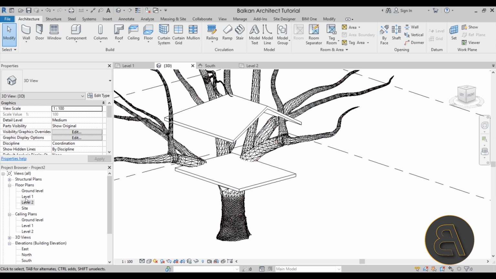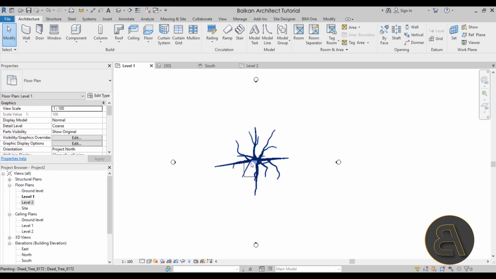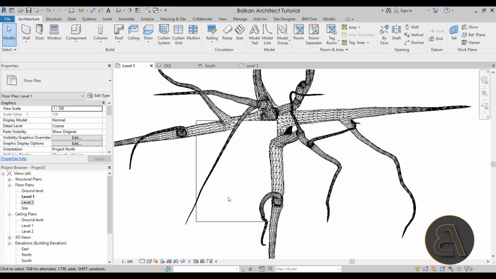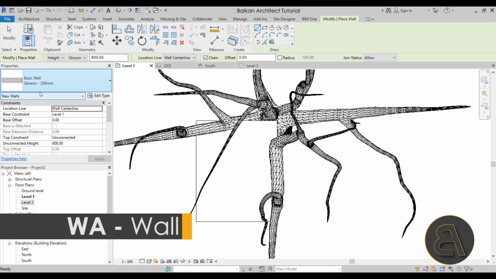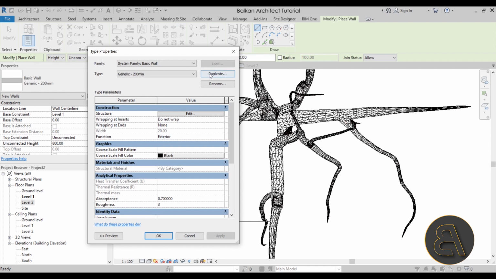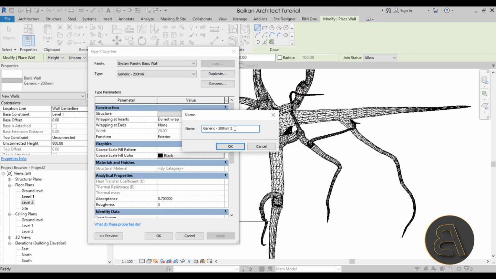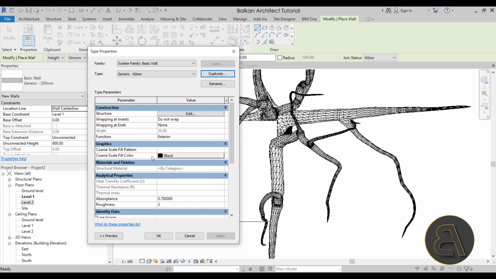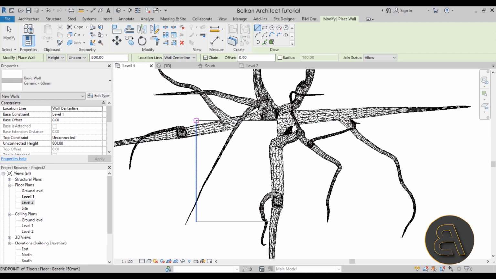So what I'm going to do is just navigate here into level 1, either here in the project browser, or we actually have it opened up. So I'm just going to navigate here, open up level 1, and there we go. Okay, so once we're here, I'm going to navigate here to wall. Here we have the generic 200mm wall, and I'm going to go into edit type, duplicate this one, and let's go with something like generic 60mm. Just because this is a treehouse, it's probably just going to have simple wooden construction, so I think 60mm is more than enough. I'm just going to click OK, and then we have the option to use pick lines again,